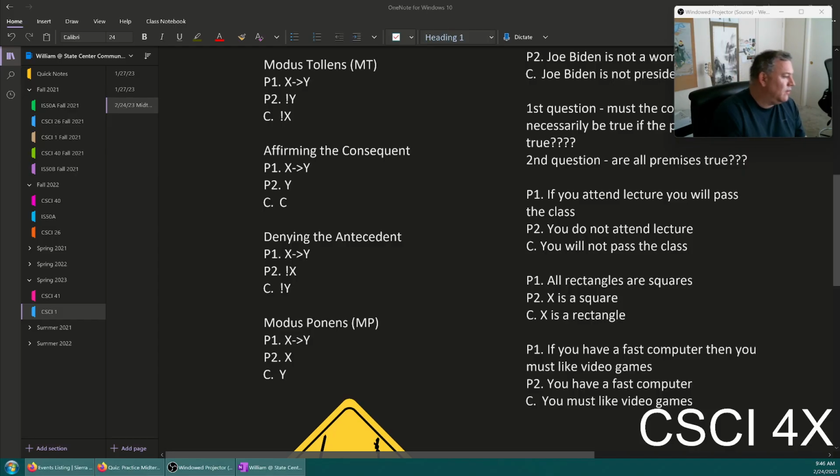Okay. If you have money, you will be better off in life. I don't have money, therefore my life will not be better off, right? You could always get a girlfriend or something like that. Premise 1. If you are 5'1", you are short. You're not 5'1", therefore you're not short. Right, you could be 4'11" or something. Very good, Sandra. If I pass the test, I'll be a millionaire. I did not pass the test, therefore I'm not a millionaire. Good, Carson. If my cat loves me, she'll come and cuddle with me. My cat doesn't love me, ouch. Therefore she didn't.